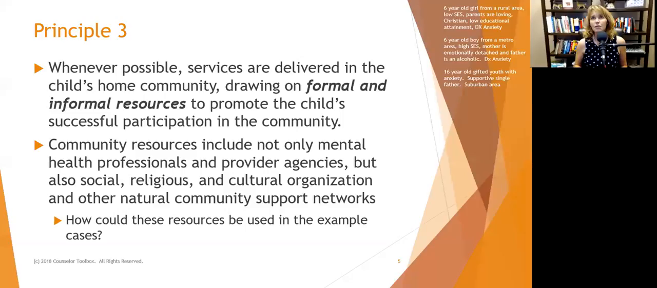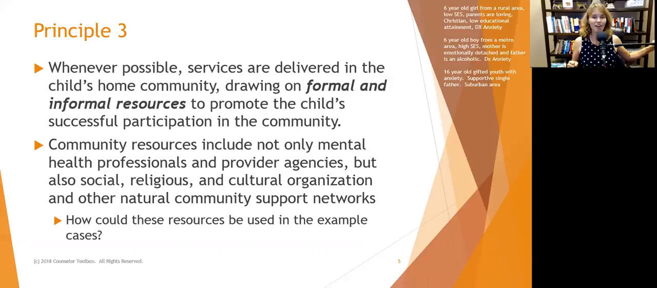Whenever possible, services are delivered in the child's home community, drawing on formal and informal resources to promote the child's successful participation in the community. So what does that mean? That means in this model, we really want to look for, if you remember, if you were in the